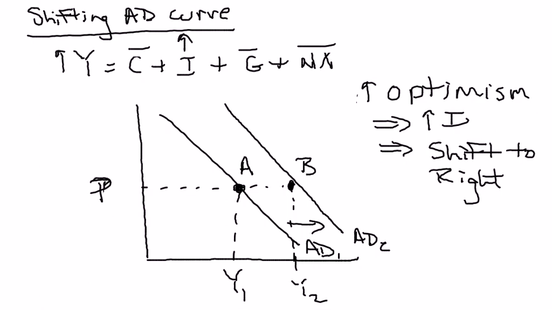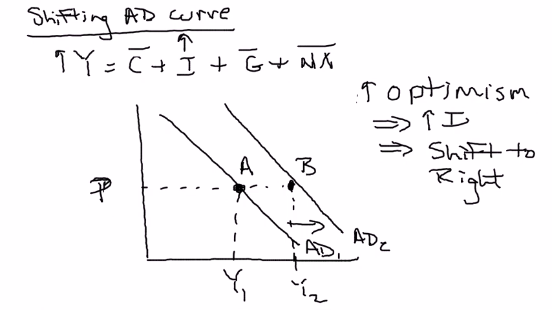Or it could be there's an economic boom in Europe, so they buy more stuff from the United States, so U.S. net exports increase. So that causes an increase in the total amount of spending, so that causes the aggregate demand curve to shift to the right. Or an increase in government expenditures would do the same thing. The important thing is anything which increases total spending, other than a change in the price level itself, shifts the